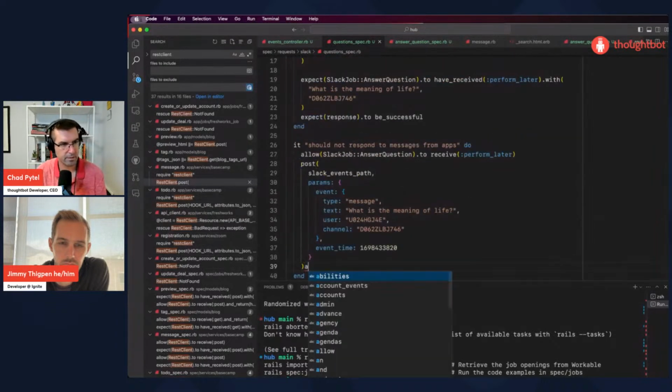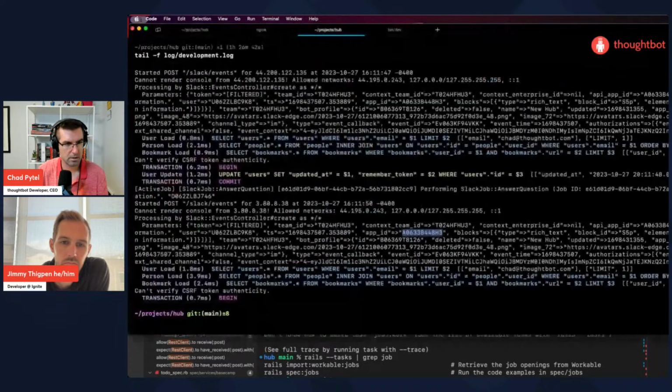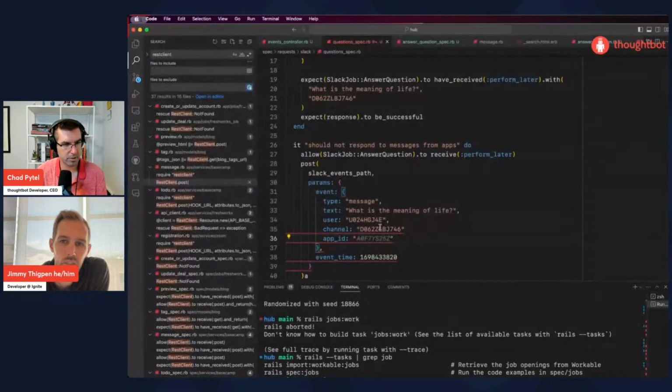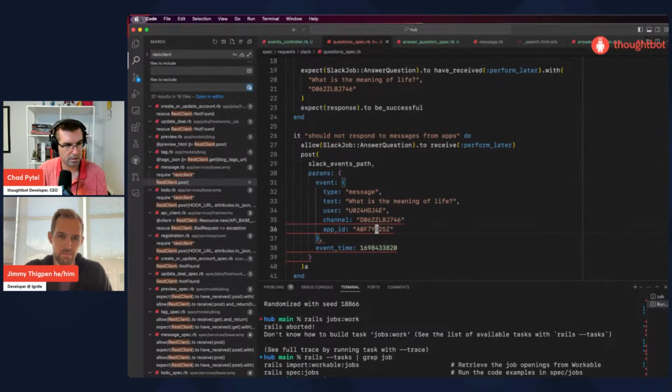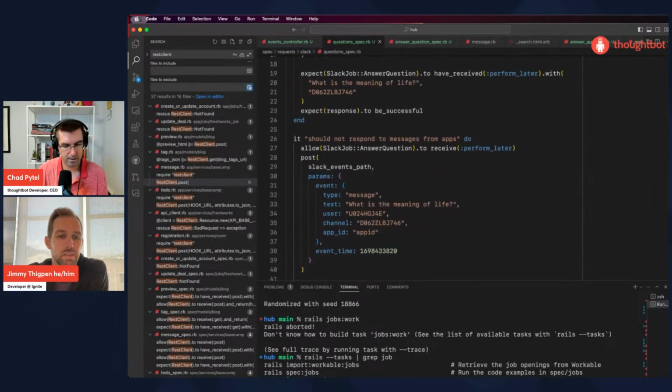So then it was inside the event, actually. It wasn't at the top level, and it was app ID, right? Yep, app_id. I'm just checking our Slack app on the website, because this might be one of those event subscriptions that we added first that didn't work when we sent a message. I don't know if there's a downside of listening to too many events.